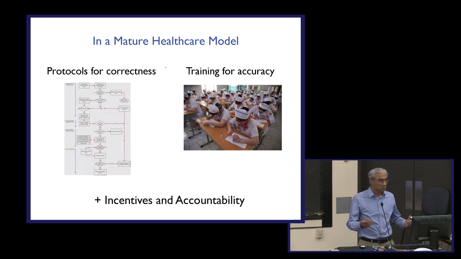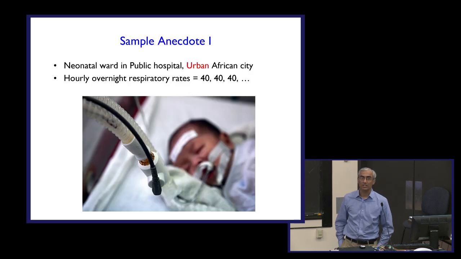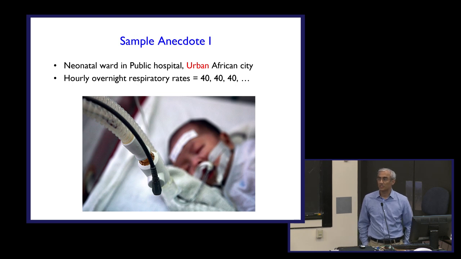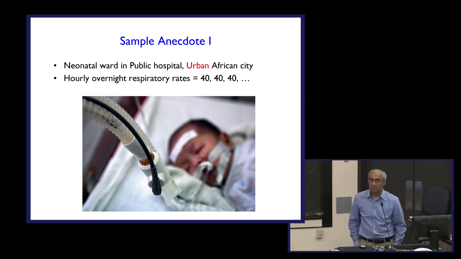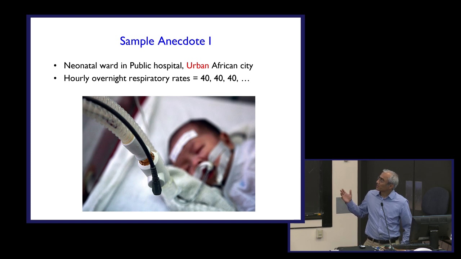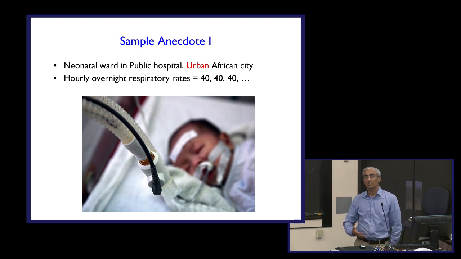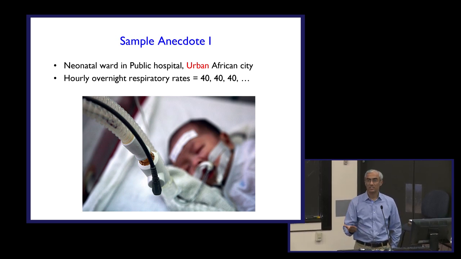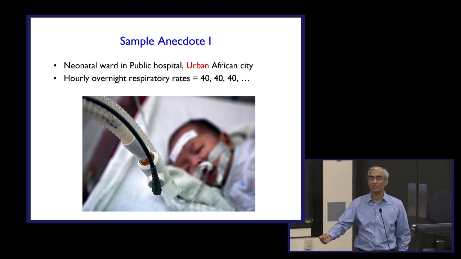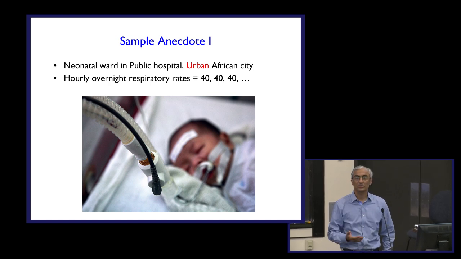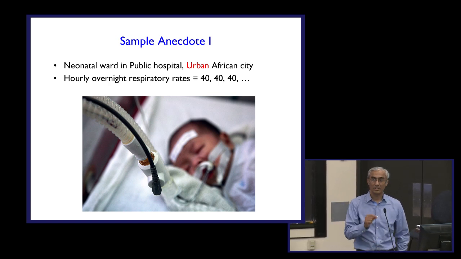It's not perfect, but it's better than, for example, this anecdote I heard about an urban hospital in Africa, which is a neonatal ward. I won't name the country. This is a ward where there are babies who are not well. That's why they are in the hospital after birth. And if you look at their charts, every morning, their hourly respiratory rates are all 40, 40, 40, 40, 40, 40. That's the normal respiratory rate for a baby. Impossible. Anybody who looks at this chart knows that the nurses didn't do their job. Now, there were many reasons given for this, but that's the reality. This is an urban hospital in Africa.